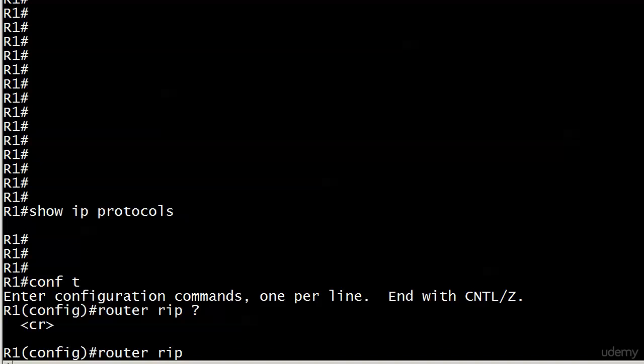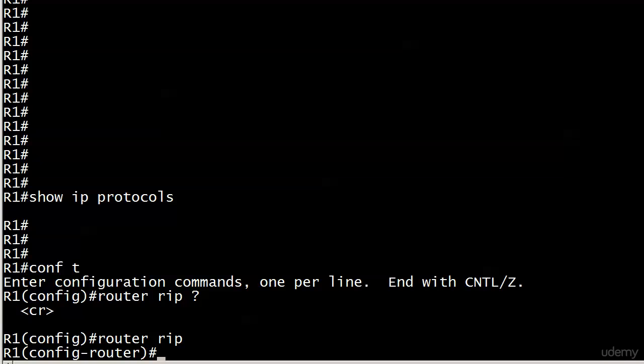And unlike other routing protocols that you'll study later, there's nothing else outside of the router rip command when you want to start your RIP config. You don't have any numbers or any values, anything like that. As you can see with IOS help here, we literally don't have anything else we can do here except hit enter. So we've dropped down, and I'm going to use the network command first to enable RIP on any interfaces